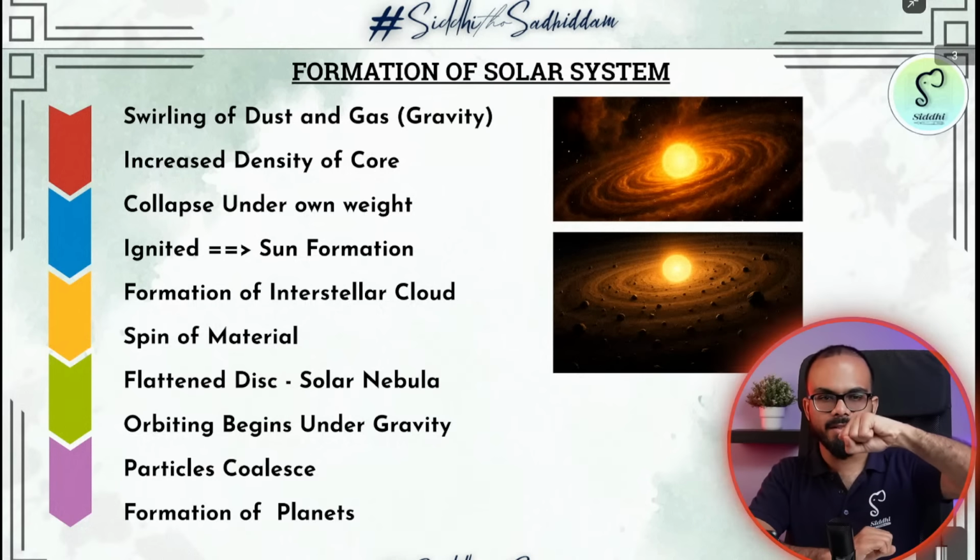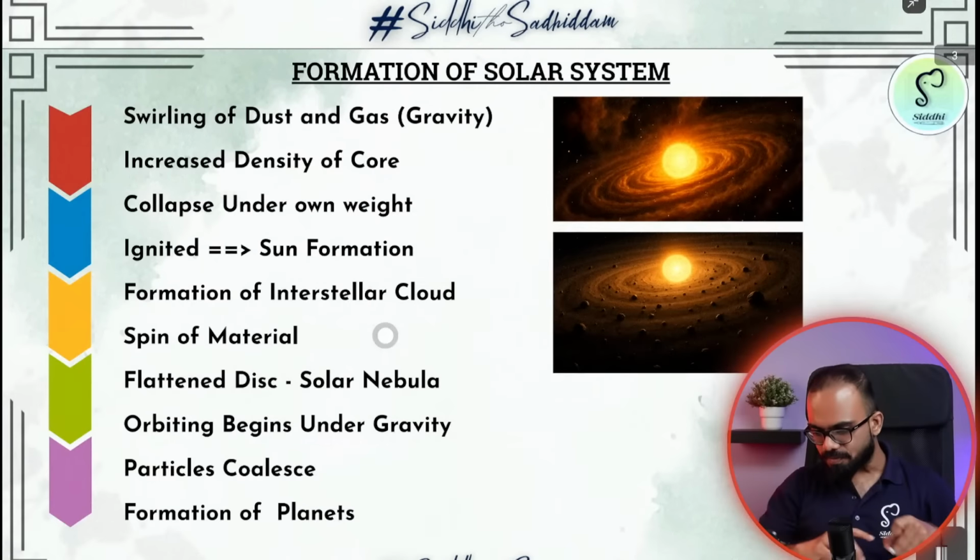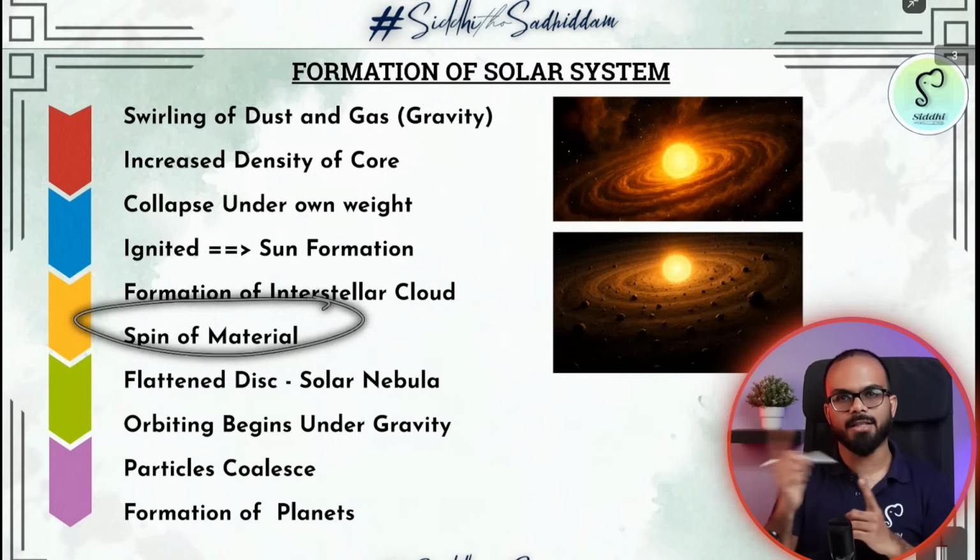For example, this is a sun at the center. This is one small cloud particle. This is one small cloud particle. This is one small interstellar cloud. A cloud is nothing but a mixture of dust, gases, ice, etc. So there is the sun at the center, and this is one bunch of gases and cloud. This is one bunch. This is one bunch. In this manner, there was a lot of cloud that formed, and these materials started spinning together.